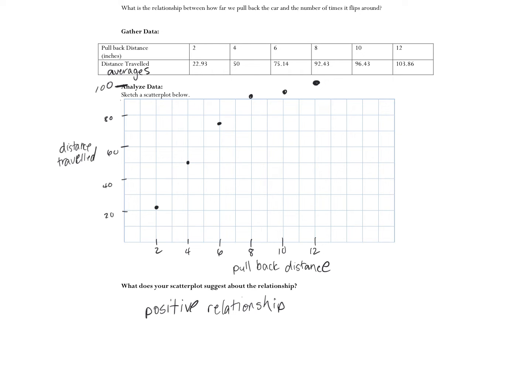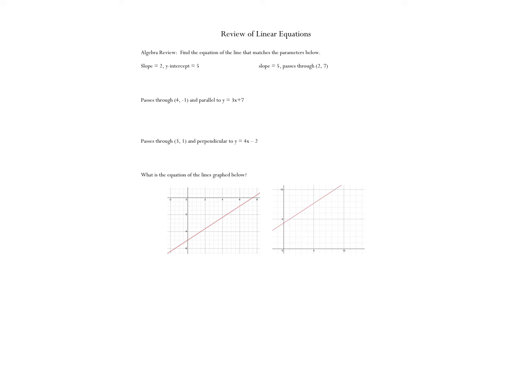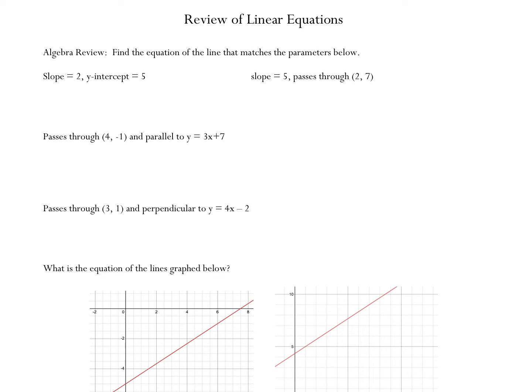Last unit, we only focused on a y-intercept of 0. This unit, we're going to add in this idea that not all linear relationships are direct. Okay. So if we're going to be dealing with lines, let's do a quick review of linear equations. Okay, so a linear equation. What form does a linear equation take? Y equals mx plus b, where m is the slope and b is the